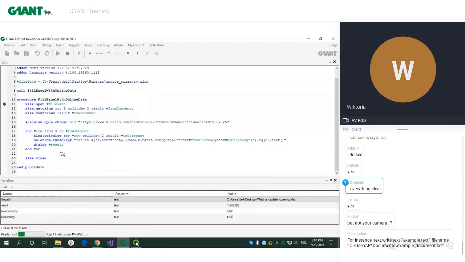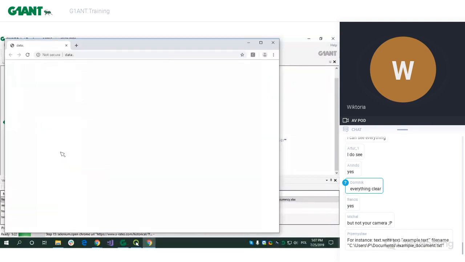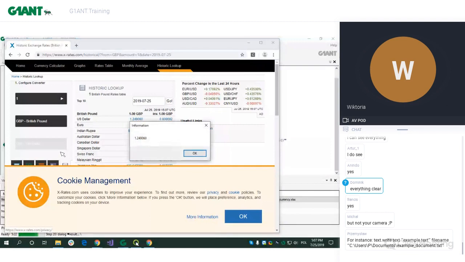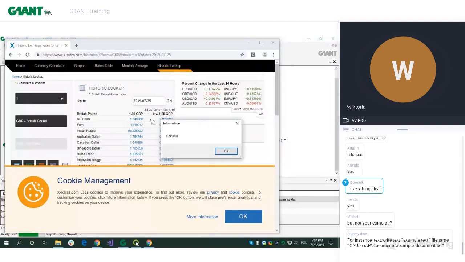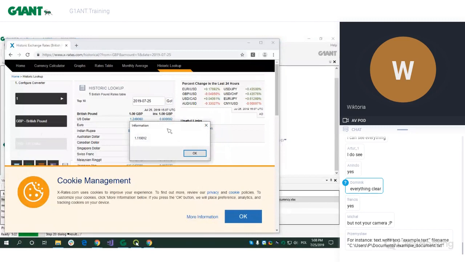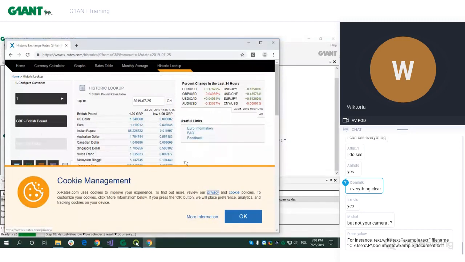Loading add-ons. Opening Excel. Opening Selenium. Okay, so see, is it the same? It's the same. It's okay. And now from GBP to EUR, from Euro to Euro, it's the same. Okay. And again,